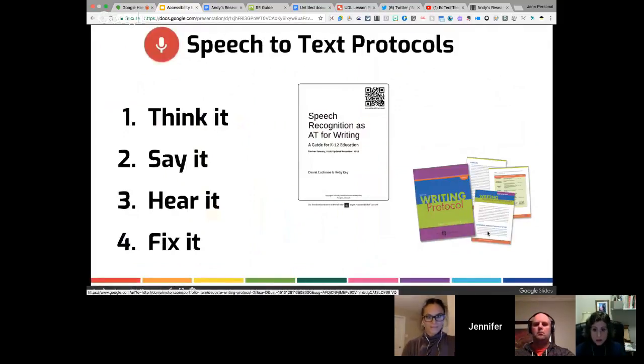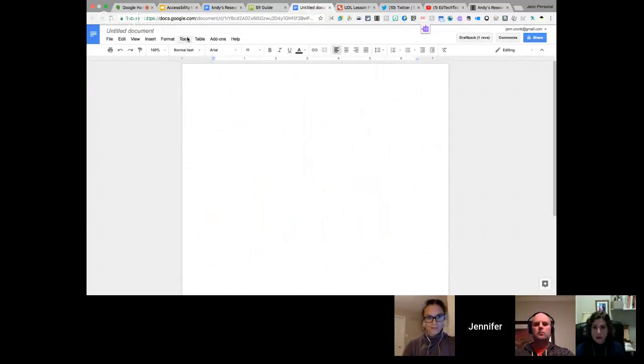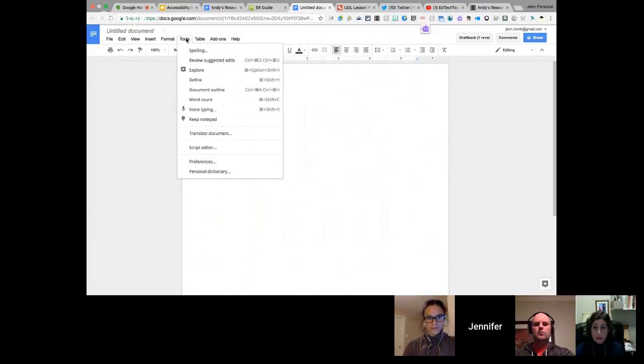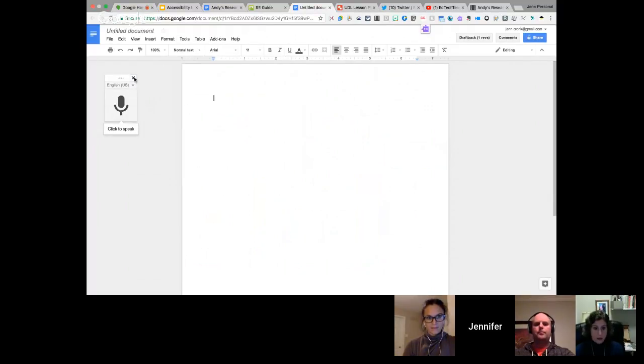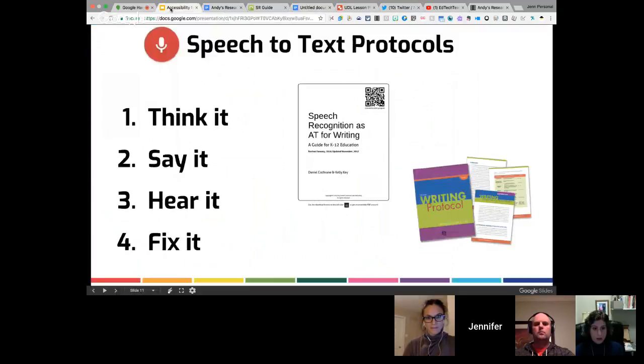And Jeff had already talked about speech to text, which is really powerful. And we have it native in our tools. Just like Jeff showed in slides, we also have it under Tools and Voice typing. It looks exactly the same in Docs. Now, what's important to keep in mind is that when you're using speech to text, there's a protocol. Many students who start to use speech to text might abandon it if they are not given a whole process to use. The process I got was actually from one of my professors for Assistive Technology,